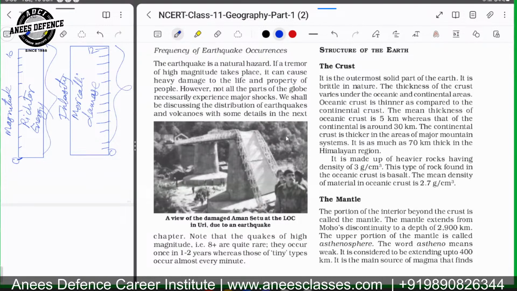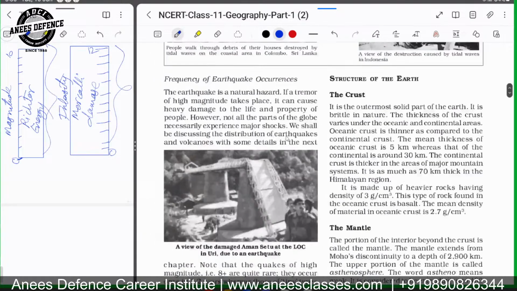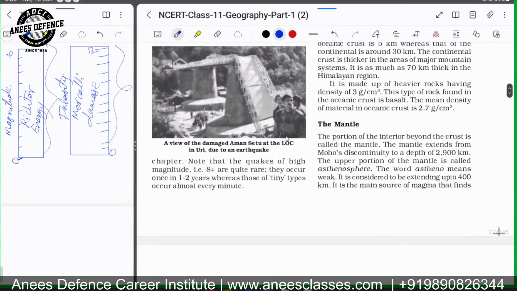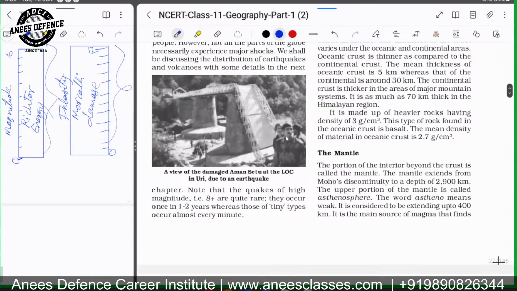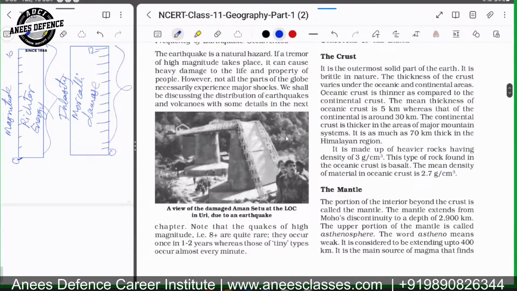And tomorrow we'll be discussing the structure of Earth, and we'll also discuss other chapters. So I think we will stop here, and tomorrow we will continue from page number 27. This is page number 27 of the NCERT class book. So from 27 till at least 40-50 we will cover. We are going at speed because this is the revision lecture only, without covering any other aspects.